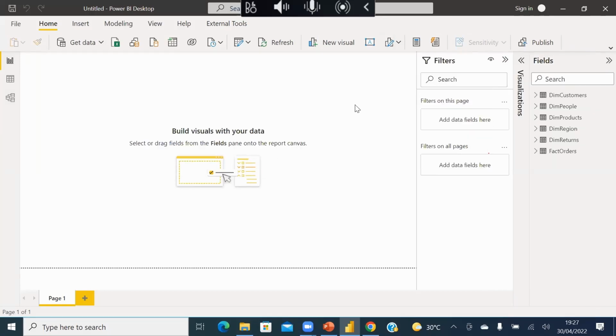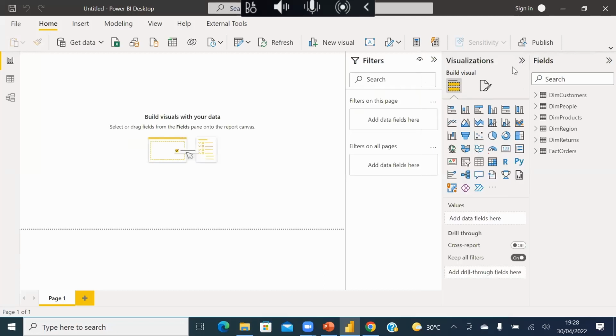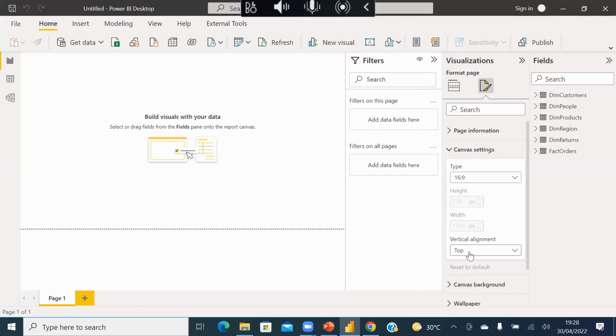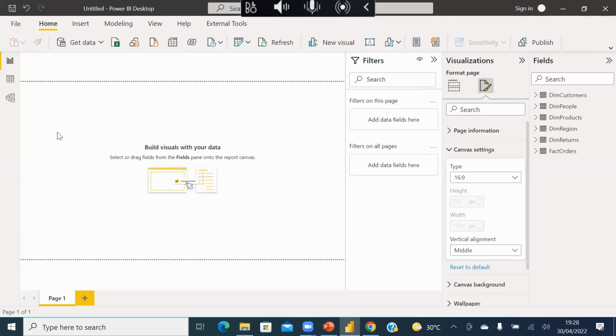Usually when I want to create my first report in Power BI, these are some of the steps I take to prepare myself. Go to visualization, then go to format. What I try to do here is fit the vertical alignment. I try to put it in the middle. You should watch this side carefully. I put it in the middle now, and I can see the whole page, right? The page was just pushed up, but now it's in the middle. That's one. Sometimes you may want to change the page size, but we are fine with this page size now.